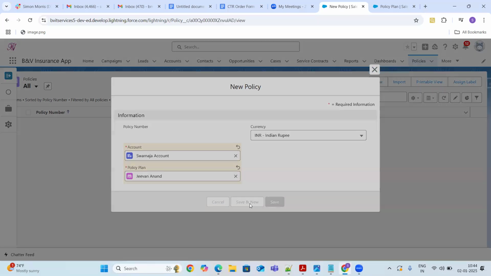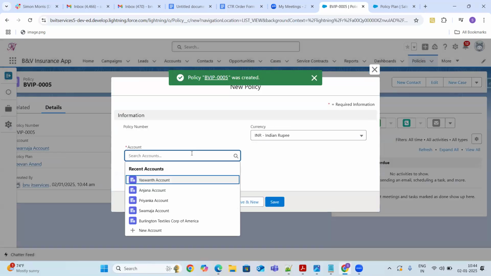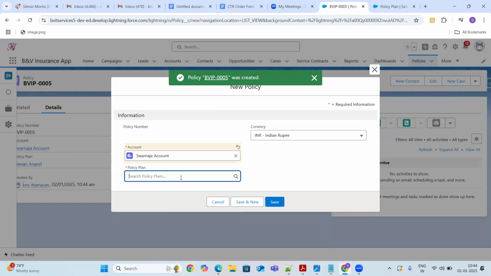In the same way, I can select my account and search the plan.